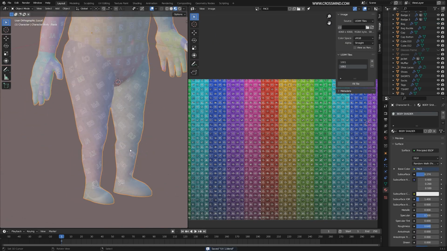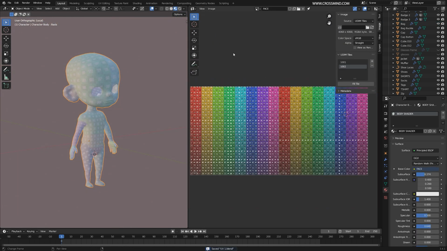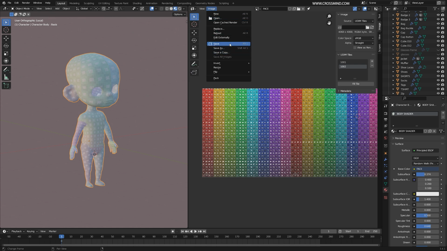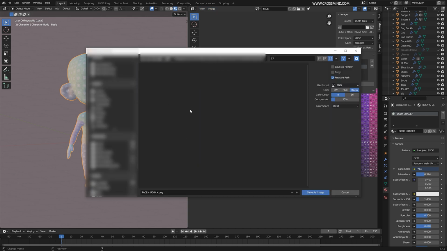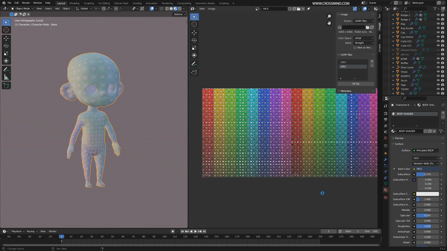Before I jump on to anything else, I just want to make sure that we save this file, this texture that we have made, face, which we assign on the main body. This we need to save. So let's save it. It's going to automatically create tiles. And here you can see face udim.png. Once I save it, it's going to take a while, maybe.